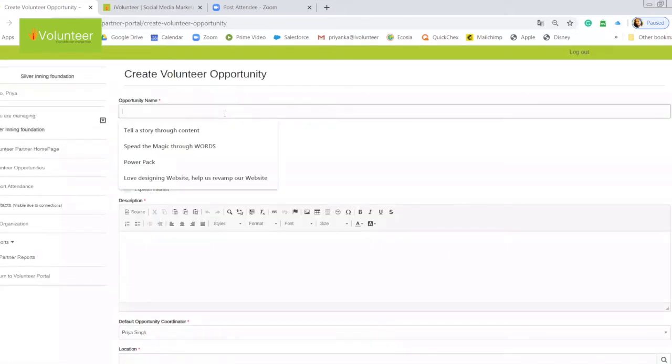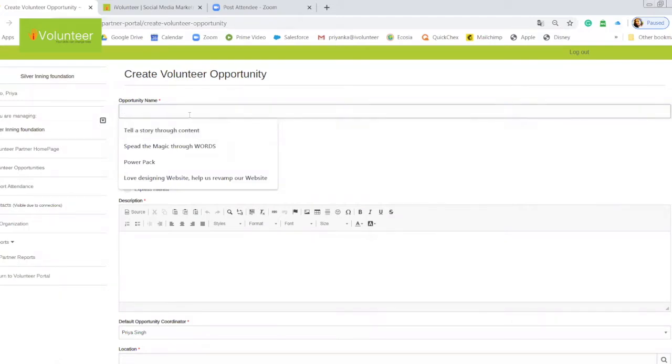So I'll start with the name. We will always suggest that you put a nice, funky, catchy opportunity name. Even if it is an activity where you need volunteers who can, say, write content, we have written it like, tell a story through content.